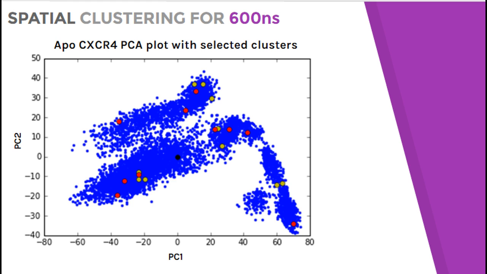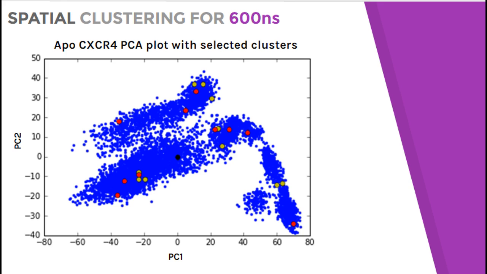The next step in our research was doing clustering analysis. That means minimizing data by creating groups of clusters that share similar characteristics. We used the spatial clustering algorithm of Amber to group our data. The image you see on screen is the principal component analysis plot of the APO structure of CXCR4. The blue dots are the clusters of conformational states that we sampled in 600 nanoseconds of simulation. The yellow ones are the top 10 most populated clusters, and the red ones are the states that also represent